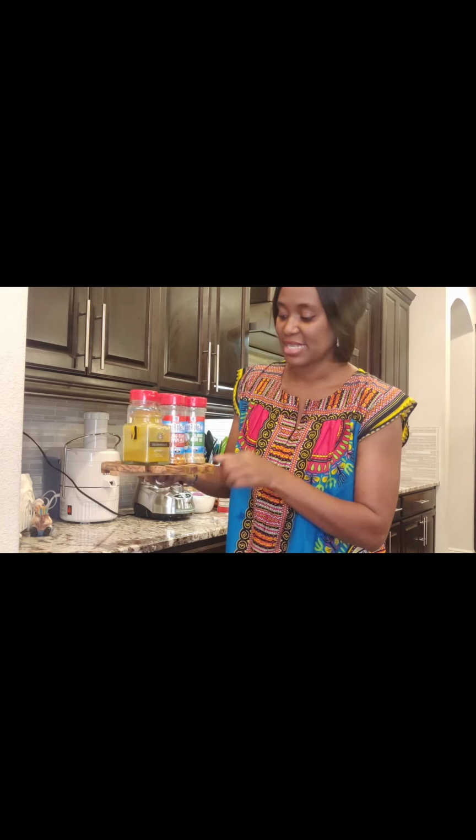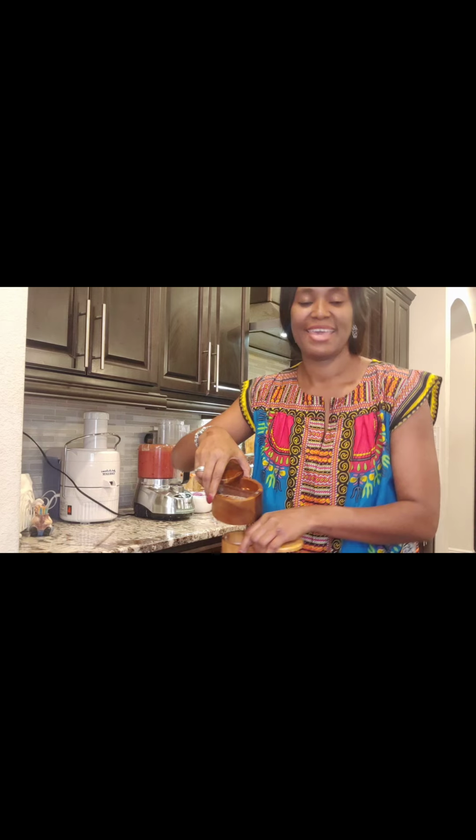So let me show you the ingredients I have. I have a tuber of yam here. I have my spices: garlic, curry, thyme, rosemary leaves, roasted garlic and bell peppers, some salt, crushed black pepper and black pepper, Maggi cubes and Knorr cubes or chicken